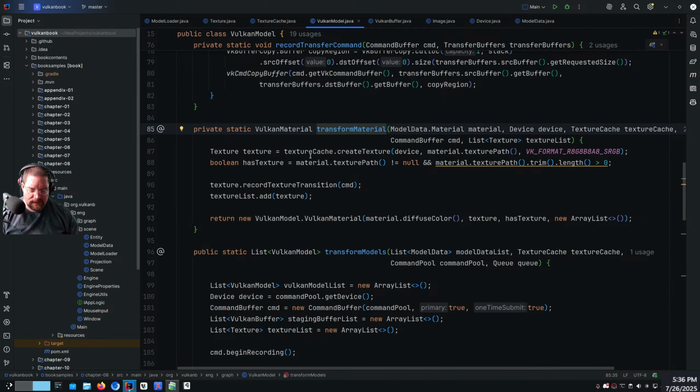You know, and I appreciate that every chapter builds upon the previous chapter, but they wrote this in such a strange way,